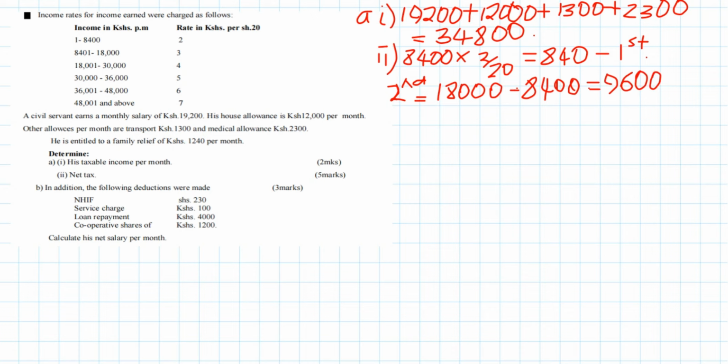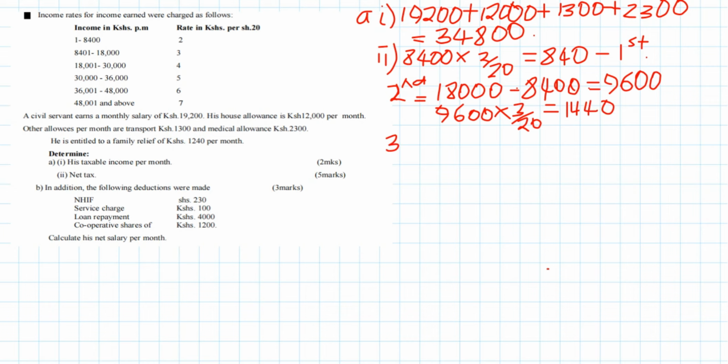9,600. So this is the amount that you're going to tax for this person in the second band, or in the second bracket, from 8,401 to 18,000. So we take that amount, 9,600, we multiply by 3 out of 20, that we get the tax that this person is supposed to pay in that band is